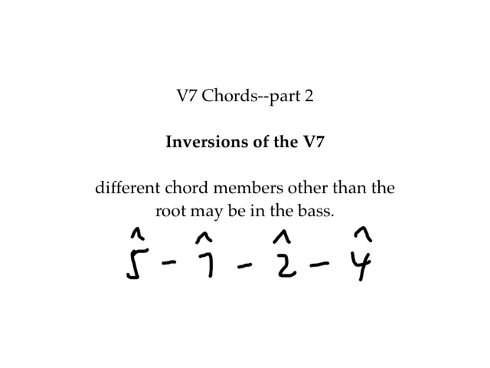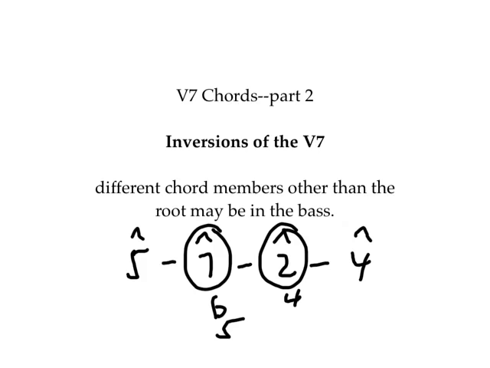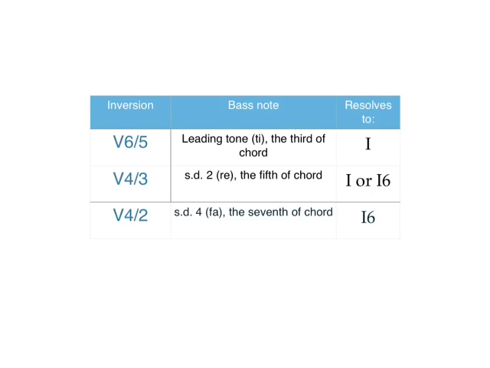what we've learned is that when scale degree 7 is in the bass, that's a third of the chord, so the figure is 6, 5. When scale degree 2 is in the bass, that's the fifth of the chord, the figure is 4, 3. And when scale degree 4 is in the bass, that's a seventh of the chord, and the figure is 4, 2. You can see in this chart,